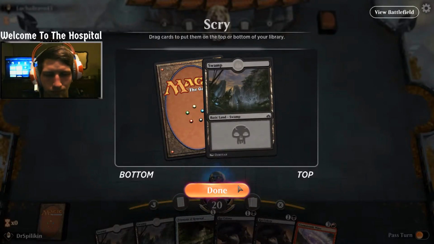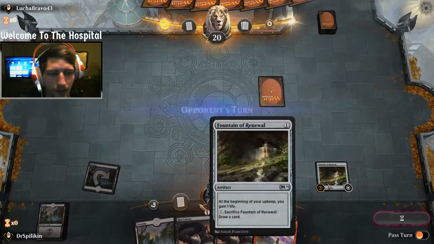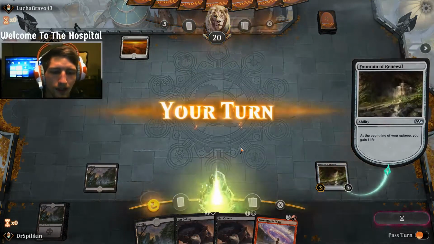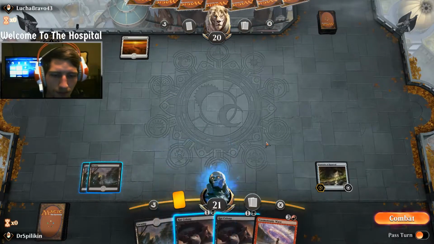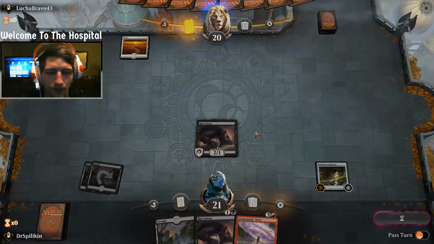I'm torn here, but I think we do keep the land. And an early Fountain of Renewal is actually alright. I'd rather draw this card right off the bat than halfway or, you know, whenever it's too late in the game. If I draw it right off the bat, then I know it's going to heal me at least 5, 6 health points before anything really gets rolling. So,